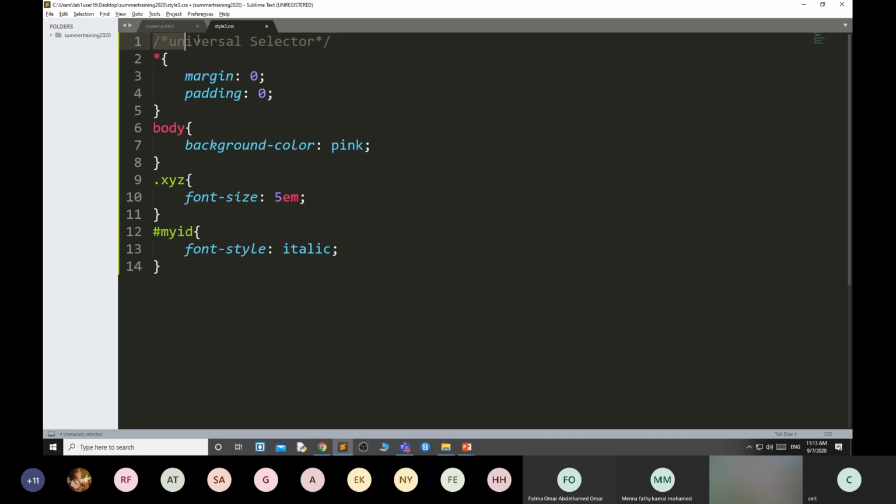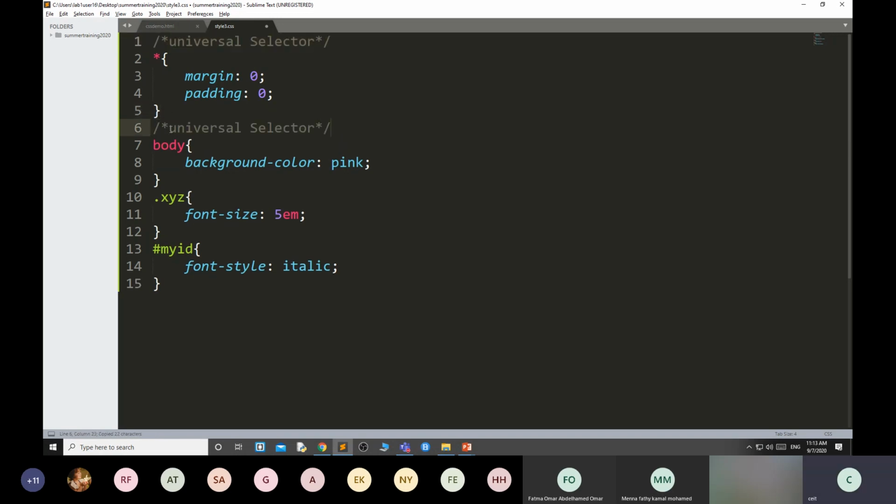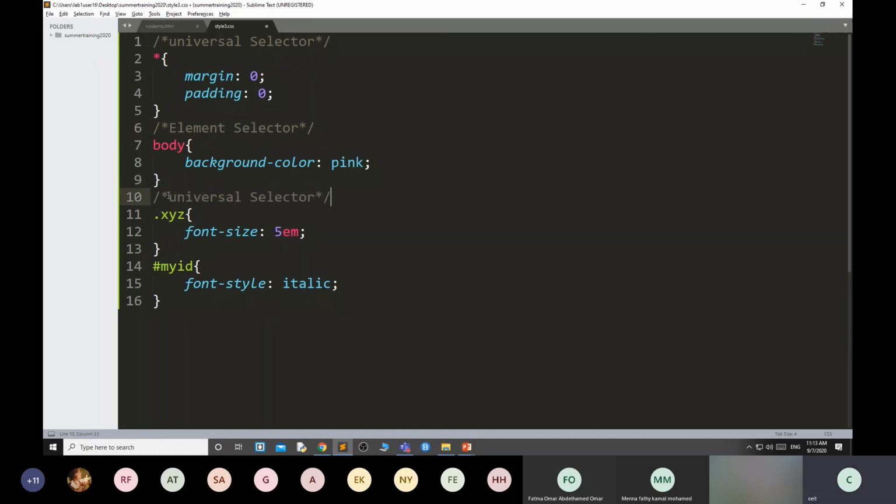Then this is the element selector. Then this is the class selector. Then this is the ID selector.